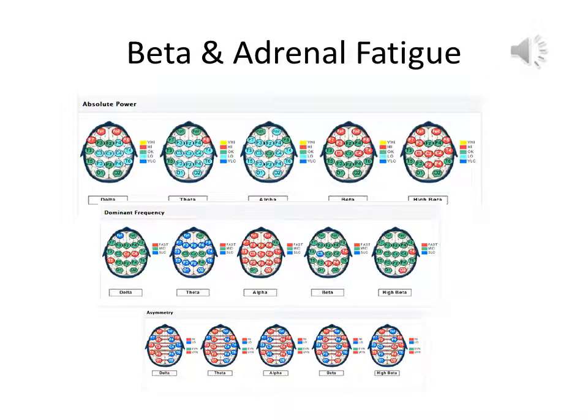Now in this map you'll notice that alpha is low, even theta is starting to show low, which may be a lack of emotional awareness, and frontal beta is high. We're getting into more advanced stages of beta and adrenal fatigue. Even the beta and the high beta is starting to show elevations. We can see that the brain is going so fast that we've even got fast alpha in the dominant frequency section just below those head maps. And then the third tier of head maps down below show again beta asymmetry and alpha asymmetries that are quite mixed.